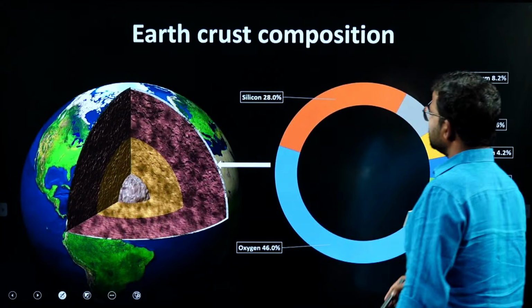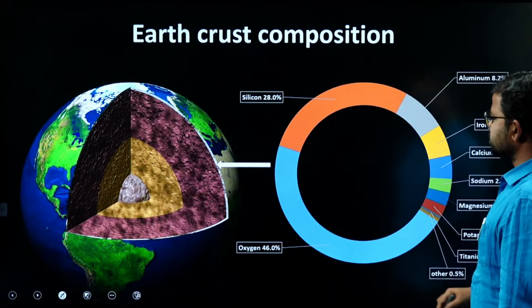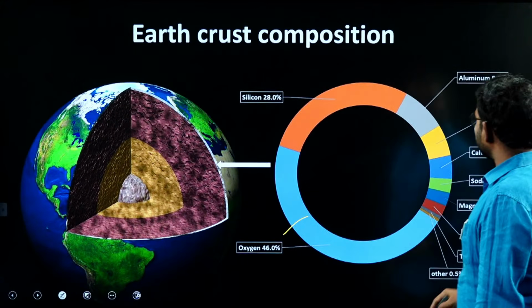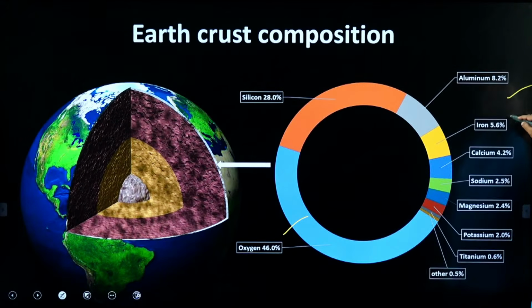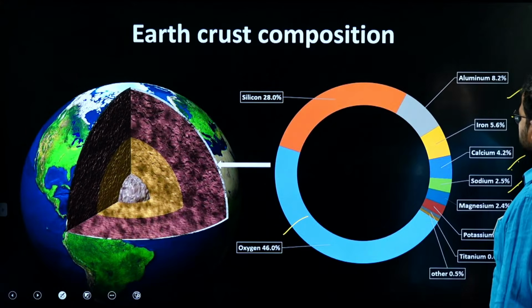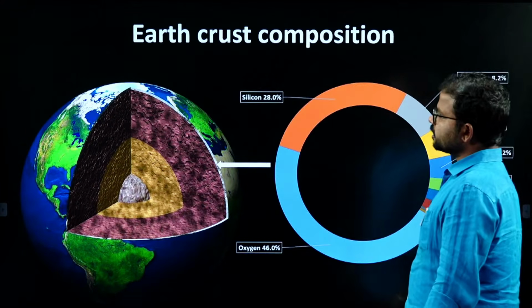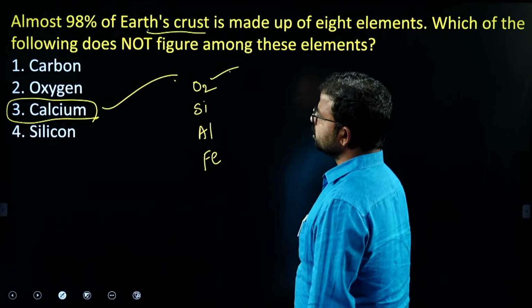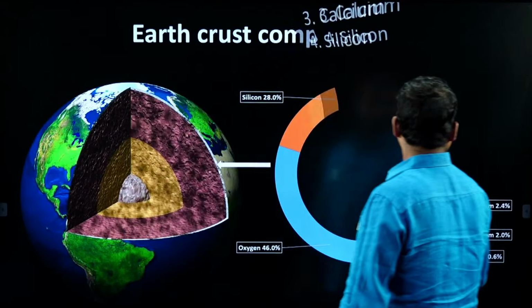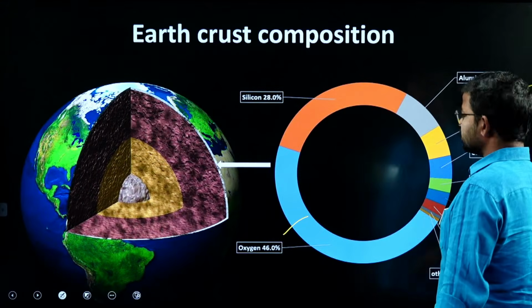You can observe that: silicon around 28%, oxygen 46%, next aluminum 8.2%, iron, and calcium is also present at 4.2%, next sodium, magnesium, potassium, titanium and some other elements. But here, based on the options, guys,